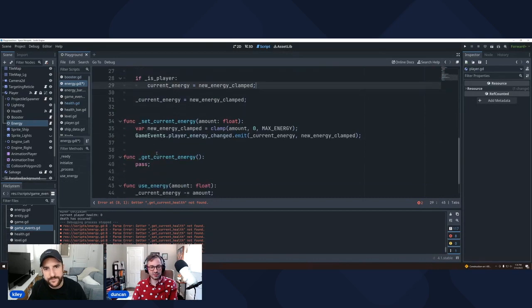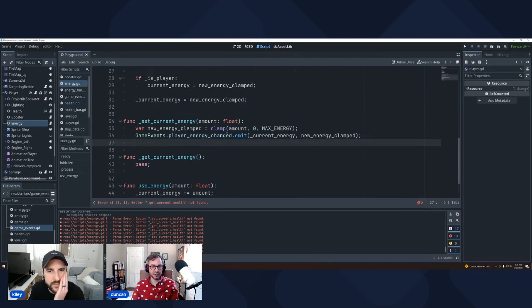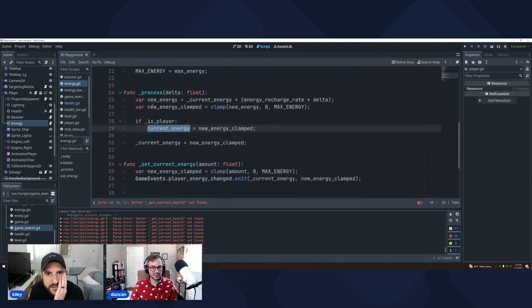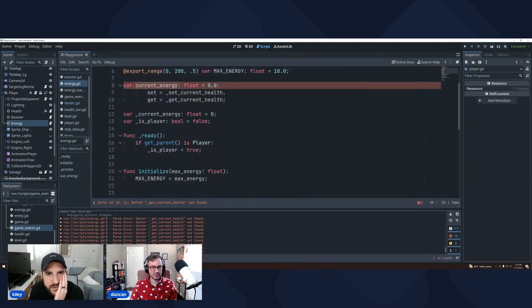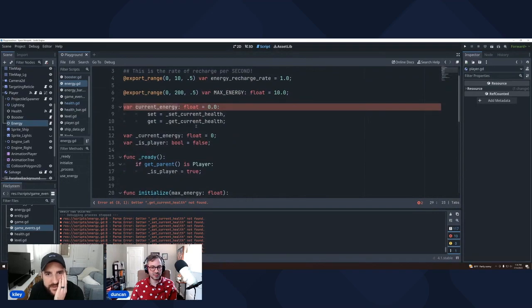And so the setter, yeah, it'll call this function which updates it every time it's set, which is kind of what you want anyway, right? Like if it changes, you want to send that event to the UI. And on line 29, do you want the underscore before current energy? No, because this is the, oh, this is our one. Okay, cool.